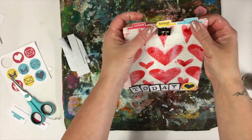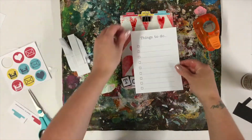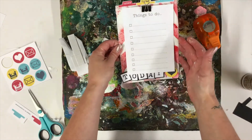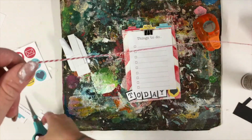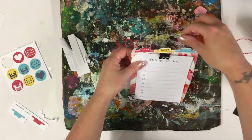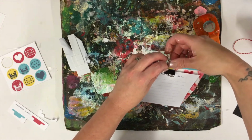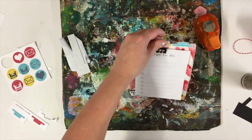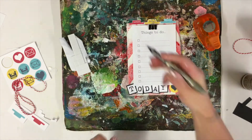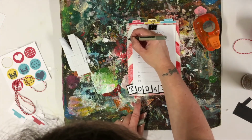Okay, I've put the little tabs at the top there. So we've got those there, and let's just see how much space I've got. Let's pop that there. That goes quite well, doesn't it? Actually, I know what I might do. You could even add the twine in the top to hang it, couldn't you? That would be quite nice. If you poke it through, and then you've got a little hook, so I'm not going to do that right now, but I think I'm done. I know what I was going to do actually. I was going to just go around the outside with my pen, just add some little lines just to finish